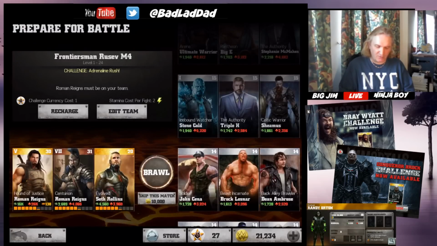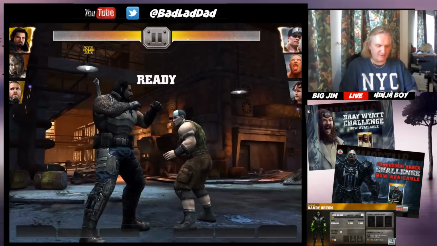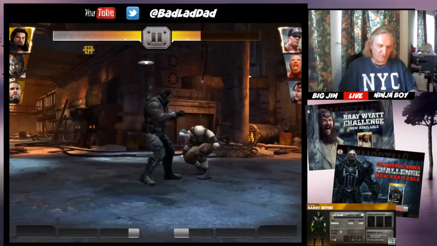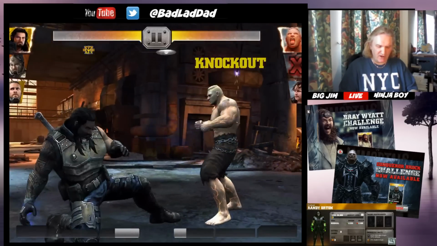And see where we go. Or at least get to the end of this level, because we're very close to it now. There's Paige again, the lovely Paige. Peggy-doo-doo. Right, come on Roman, do the job. Let's get it over with swiftly and quickly as we power on to Frontiersman Rusev,